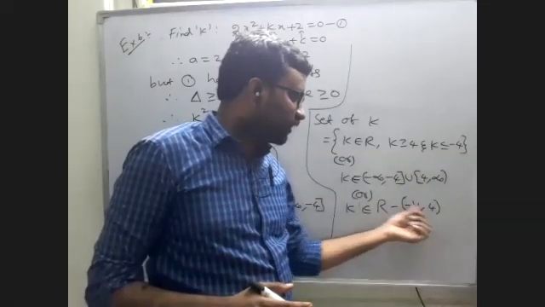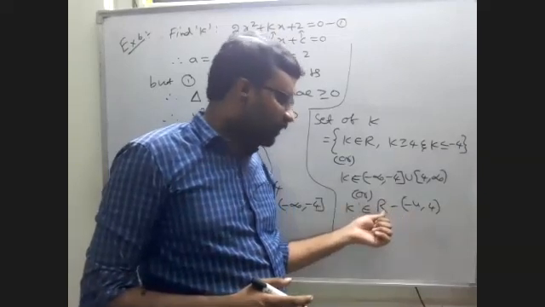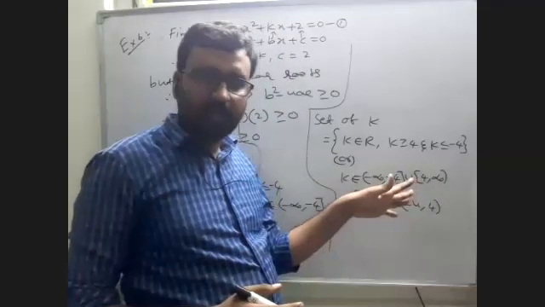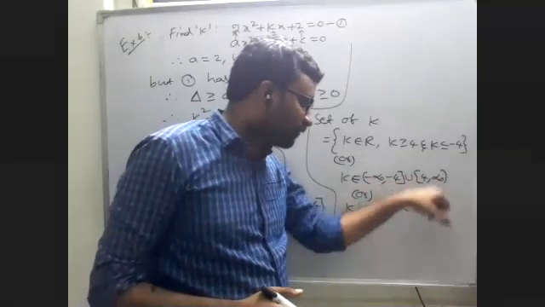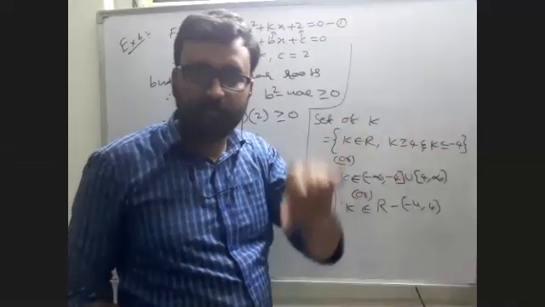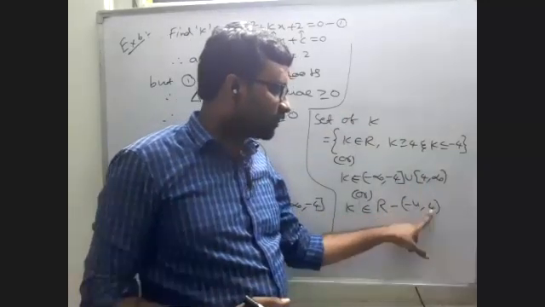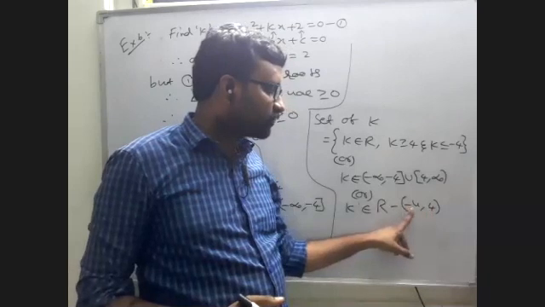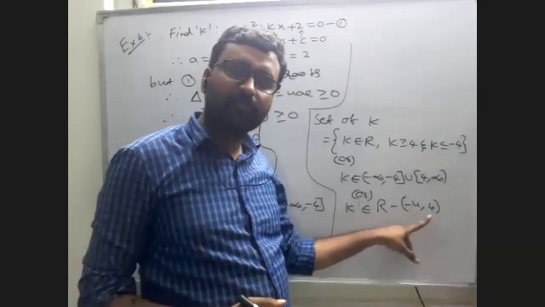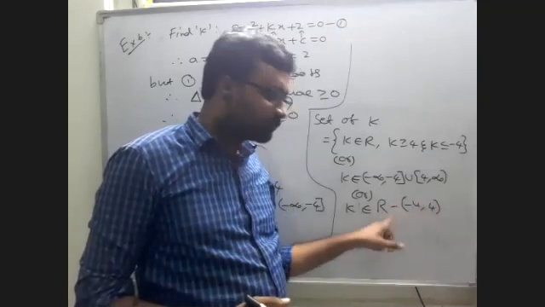See, once again I am telling about this last one. We are writing that all real numbers exist for k except what? After minus 4: minus 3, minus 2, minus 1, 0, 1, 2, up to 3. Again 4 exists. That's why open. Open means we can't take this 4. Open means we can't take this minus 4. After minus 4 we can take, before 4 we can take. Those values we are subtracting.